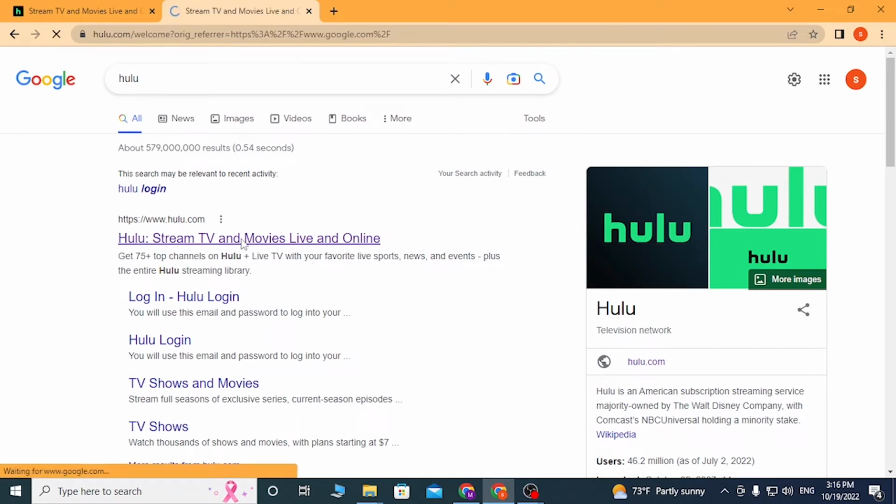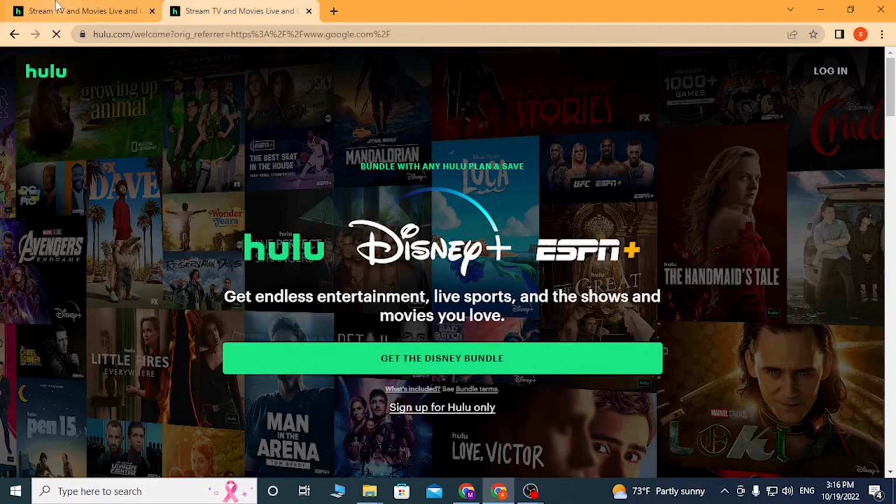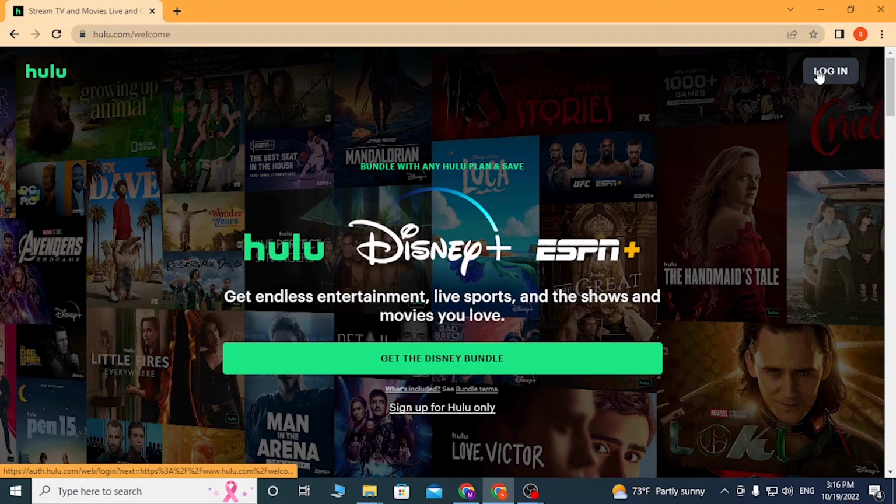Click over there and you'll be directed to the home page of Hulu, and you can see both of these websites are the same. One was from Google and one we typed directly by the address. Now to log into your Hulu account from over here, on the top right corner of your screen you can see the login button available over here. Click on login